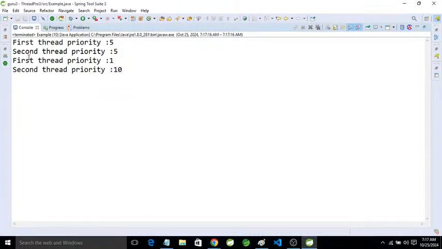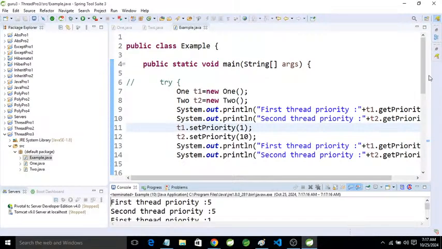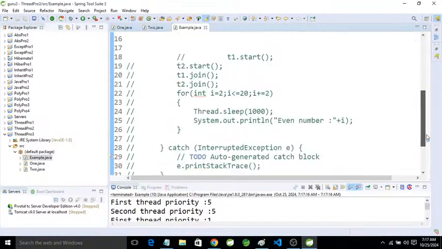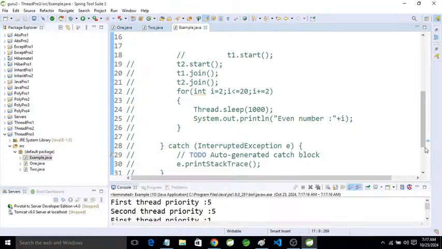Okay, 5 5. The main priority is 1 and the second priority is 10. So we can check it, but we can set this. We can set the priority of anything, but actually this depends on the JVM. It will work on a priority basis. Actually,